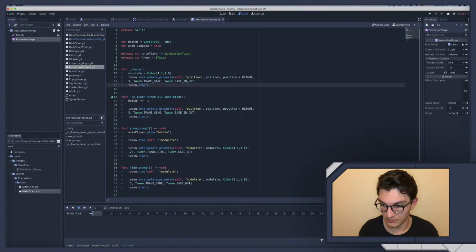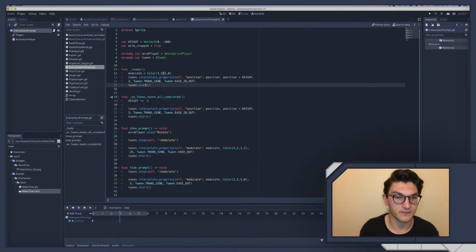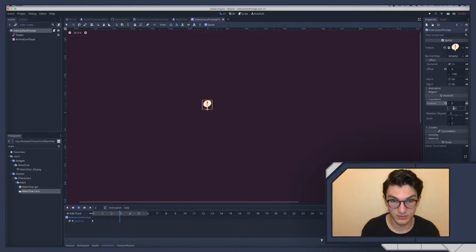Okay, and then yeah, we could do this. It doesn't really matter. We'll do this at 6 seconds. So we're obviously set here. Here is going to be, grab this, and we'll get our position. We'll key that frame there, and then at 3 here, we'll key it. What did I do here? I did plus height, which is -100. So we set our position Y to -100 and key that there. Now if I play this,